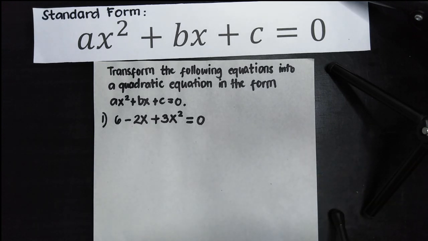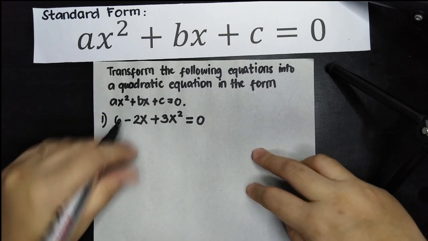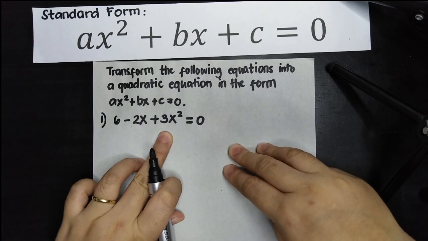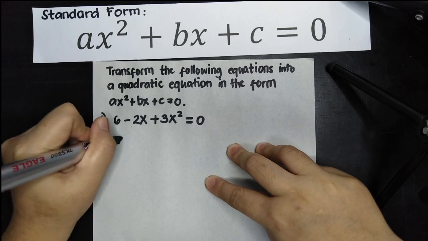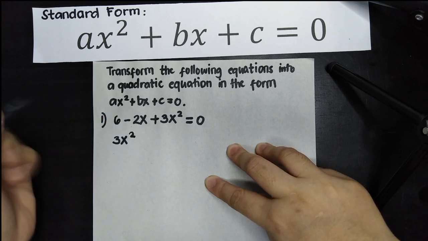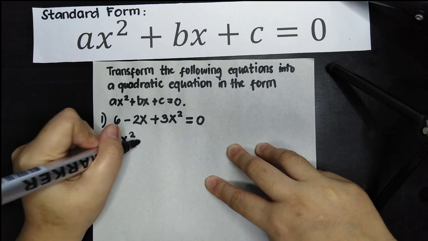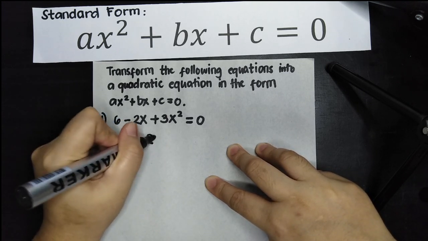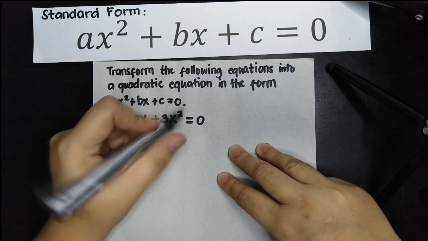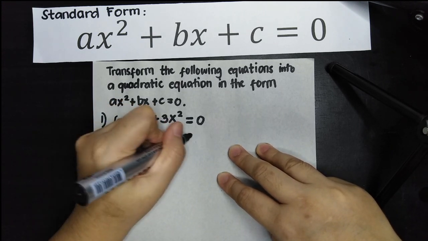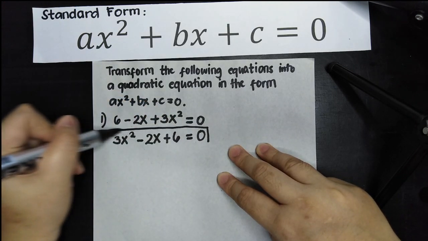So to answer this, we are going to rearrange the orders. Since dapat mauna ang 3x squared, the standard form should be 3x squared followed by the linear term, which is negative 2x, and then followed by the constant term, which is positive 6 equals 0. So this is now our